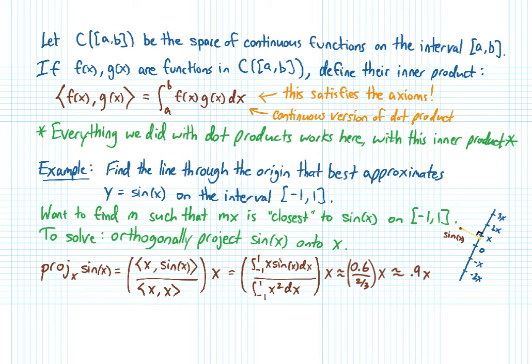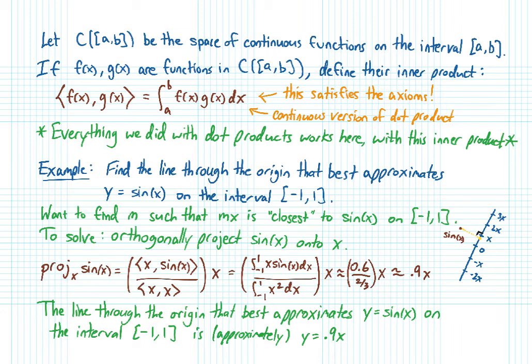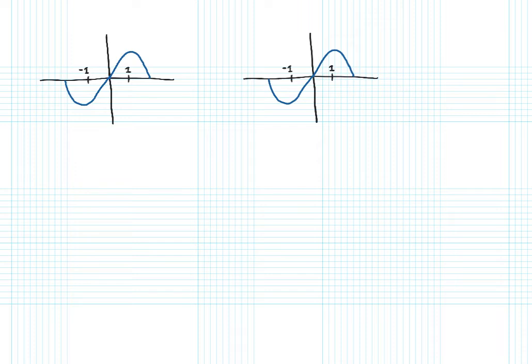And so that's about 0.9x, and that's the answer. The line through the origin that best approximates y equals sine x on the interval from -1 to 1 is approximately y equals 0.9x. And just so you know, the word approximately there is used because I rounded to 0.9. Now, it's worth thinking a little bit about what it means that we got 0.9x as the best approximation